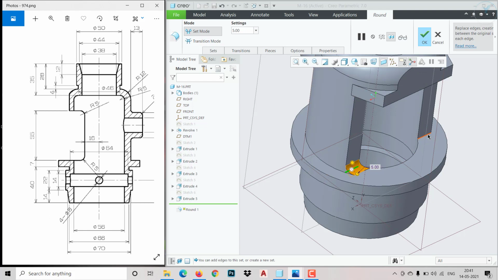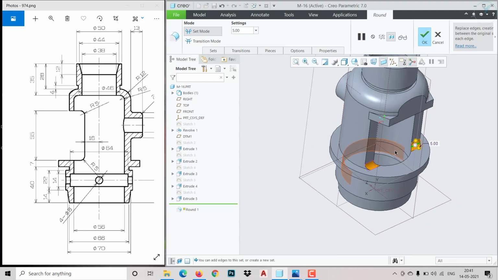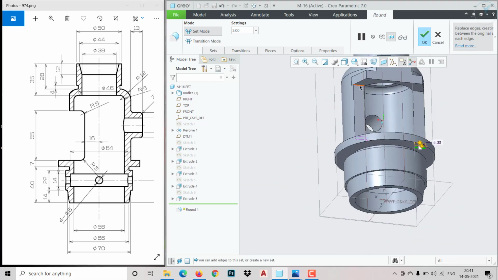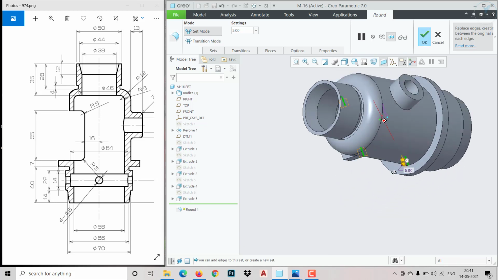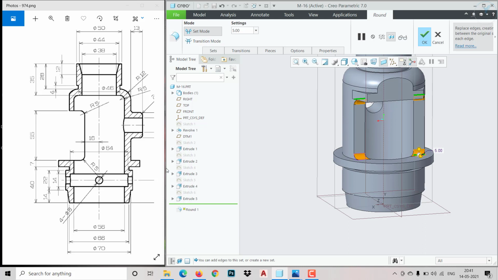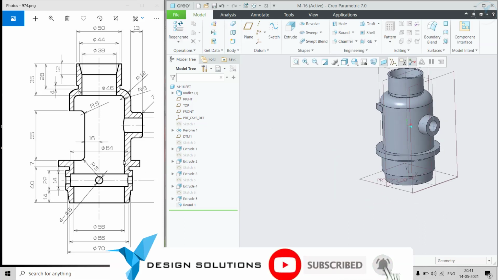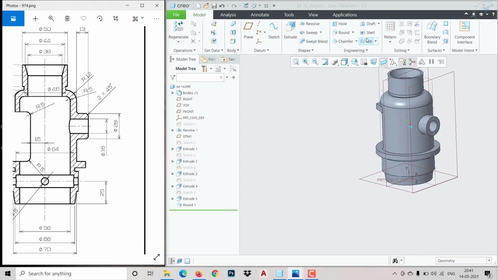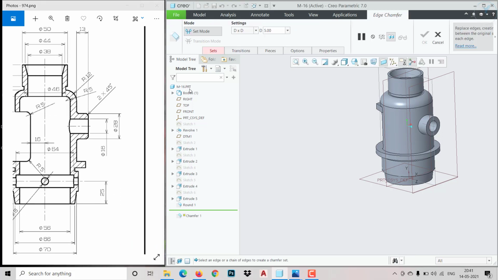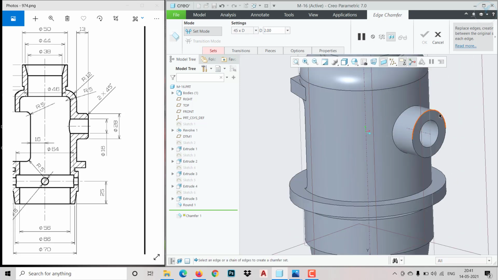So hold control, because it will get selected evenly everywhere. Fine. So click OK. So then I think we need to make chamfer over here, that is 2 x 45. So click on chamfer and choose 45 into D. So then give your distance and choose this portion, then click OK.